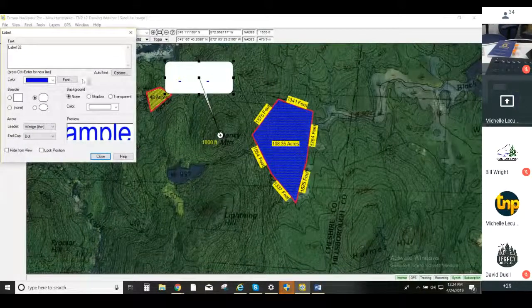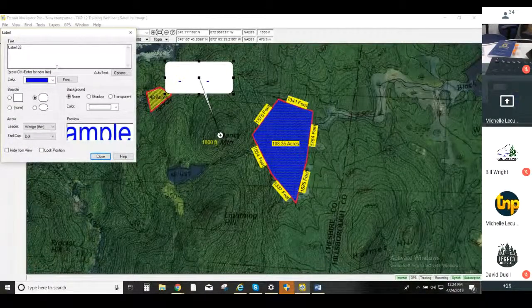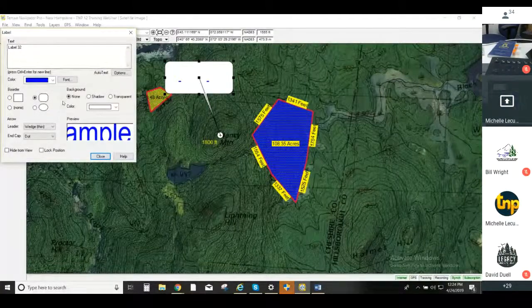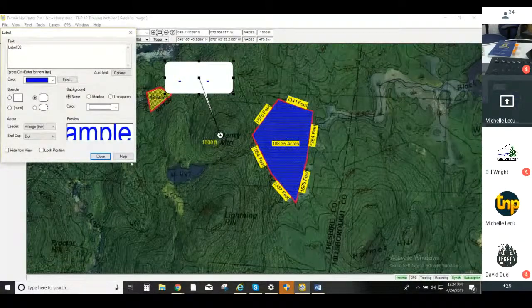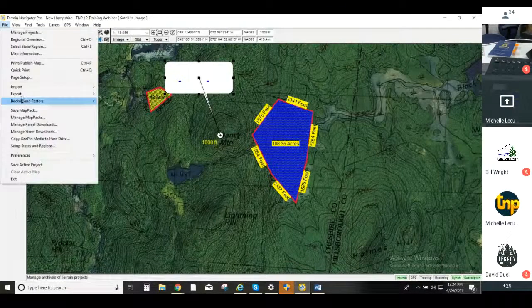You can experiment with that. So, that was some of the changes that we made to the labels. Now, one of the things that we did do was, again, getting back to the idea of importing, let's say,